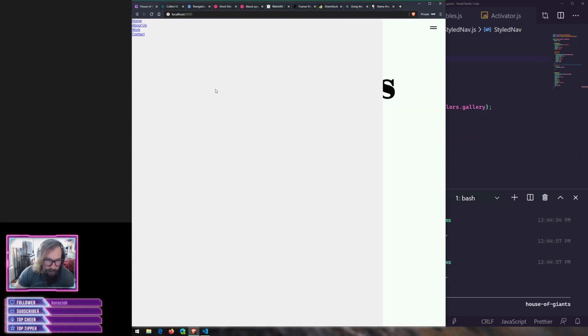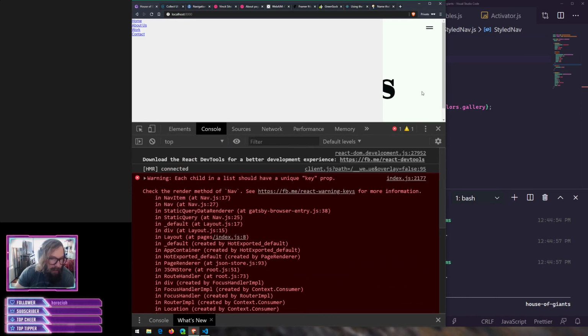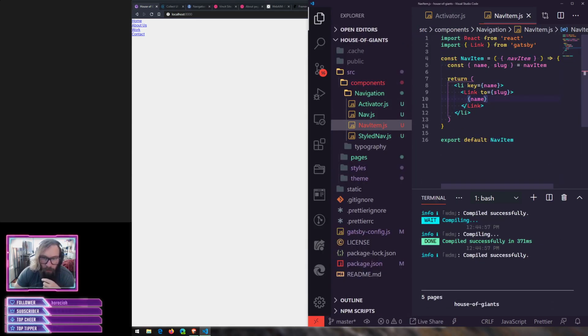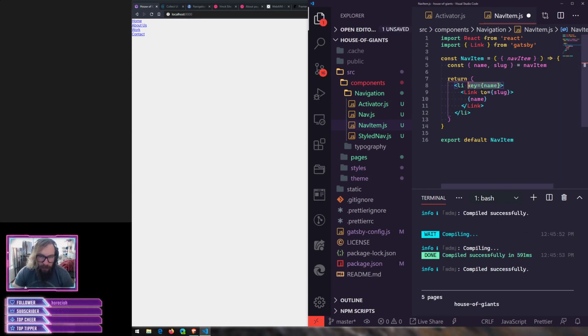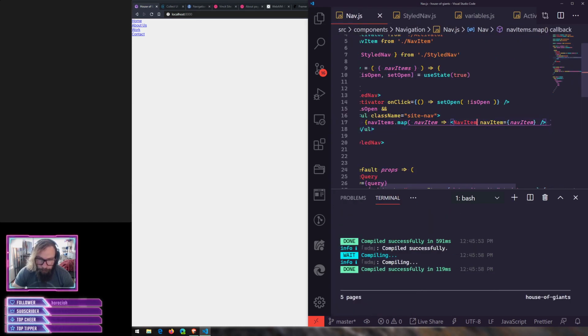there was an error in the console about how I don't have unique keys for each one of these nav items. And that's because I need to define it on the thing that we're actually mapping. So we had keys set on these LIs before we moved them into their own component. So if we go back to the nav and we'll close this to get a little bit more room. The nav item itself needs to have a key of,